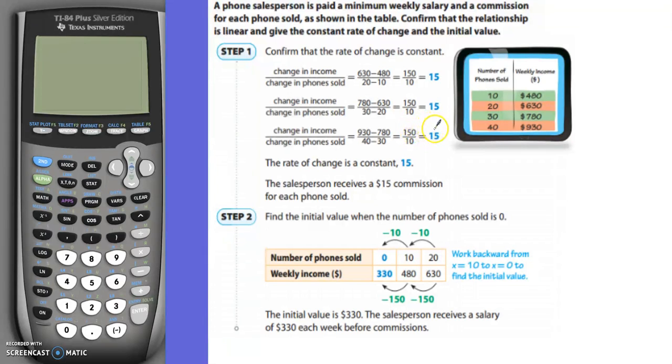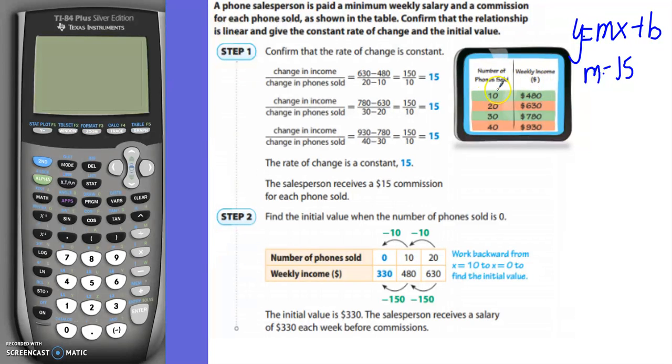150 divided by 10 is 15. Okay, so if we have the equation y equals mx plus b, we know that m is the 15. Okay, and if we wanted to find the 10, we could work backwards, but there is another